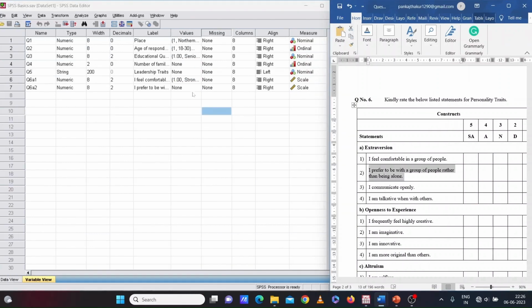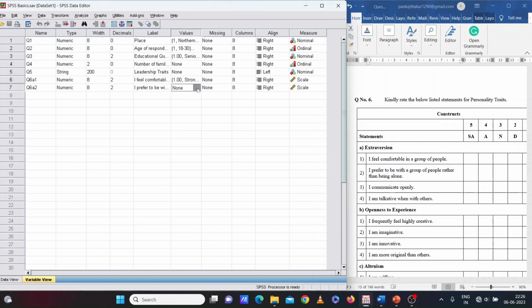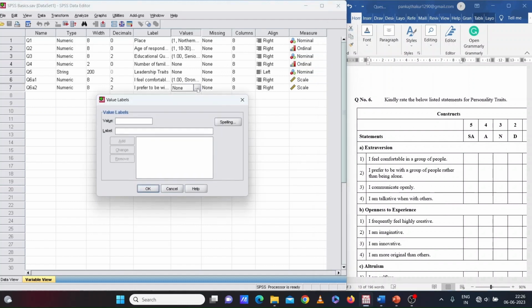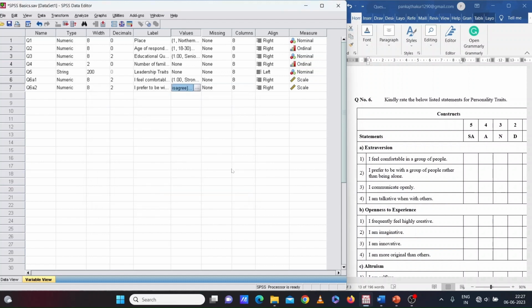Again, for the value column, you can specify the values for this statement as 5 for strongly agree, and so on. You can copy these values, or you can copy any cell by clicking on that cell, but that cell will be marked yellow.